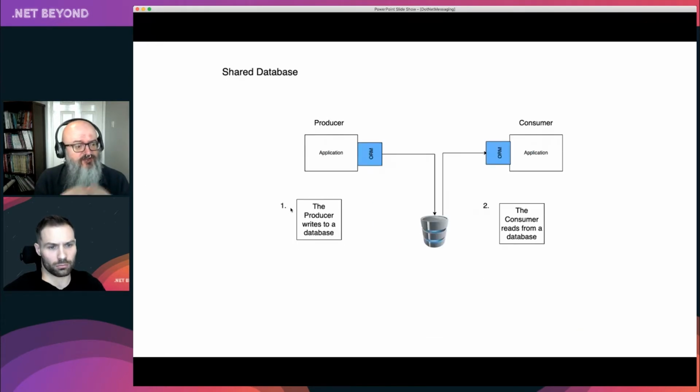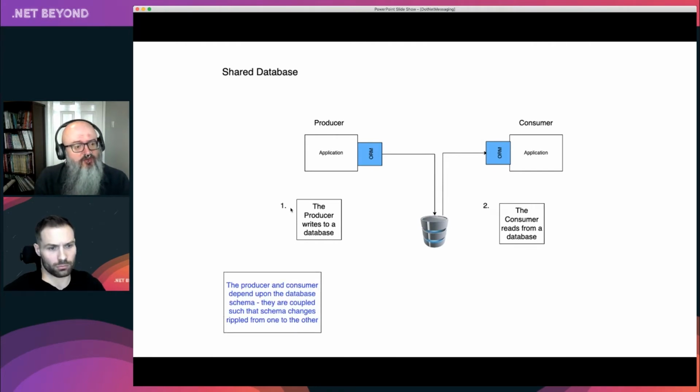Right, shared database is another strategy. The producing application writes to a data store. I'm showing an ORM here, but other mechanisms would be appropriate. It says, okay, I'm going to write my entity to the data store. The other application comes along and then reads that data at a later point in time, right? Very simple. We have to agree the schema. Okay, so we are both coupled to this schema.